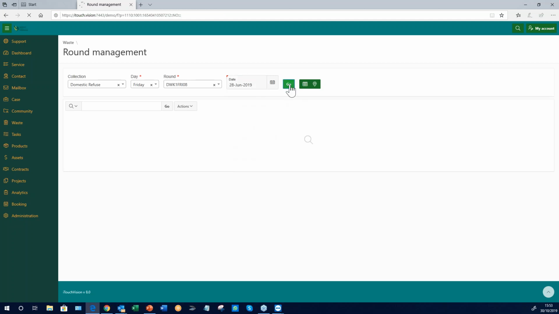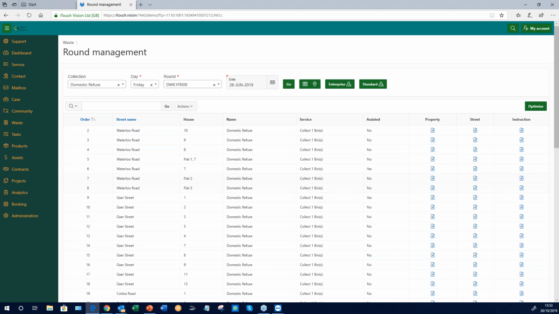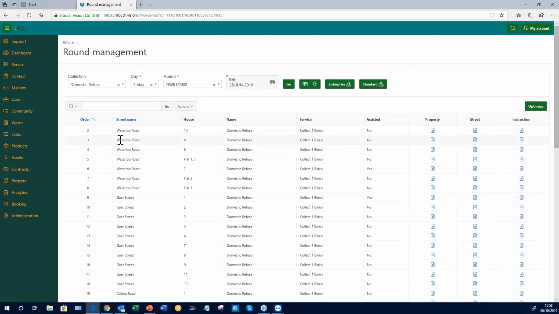Click on go, and it'll pull that round information back for me and present it back to me in a visual console that gives me the tools to review it. So I can see it in a list form with any property notes, street notes, or particular instructions. I can see the specifics of what needs to be collected with all of the appropriate data attached to that, and I can view that as a map. So if I then want to look at that route as a map,